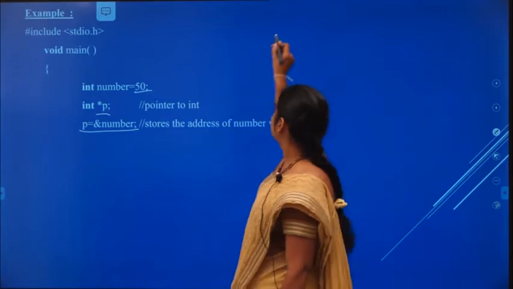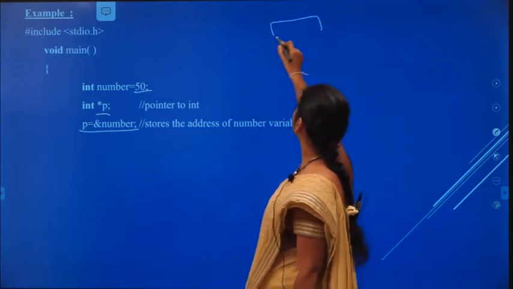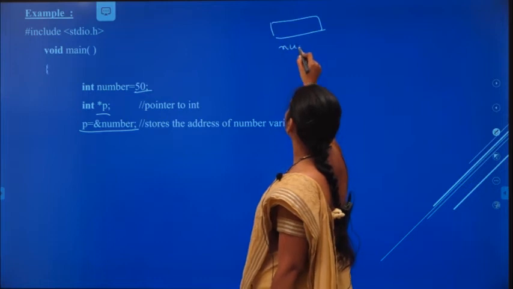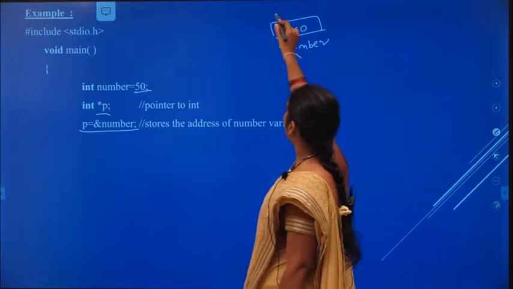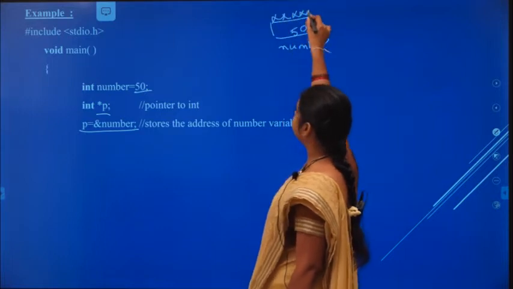Now this is the number, having the value 50 and some address location.